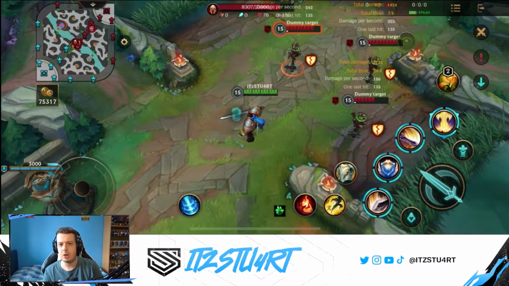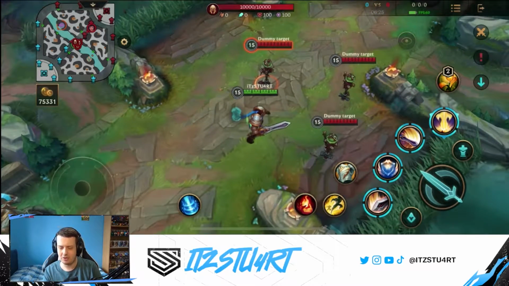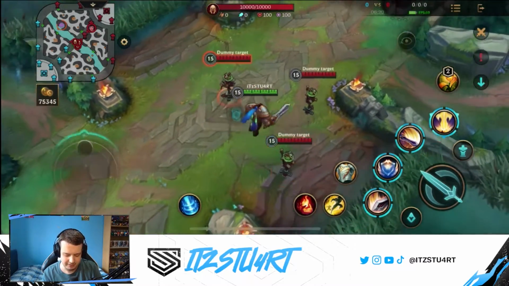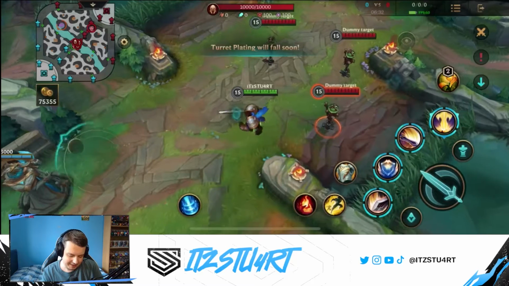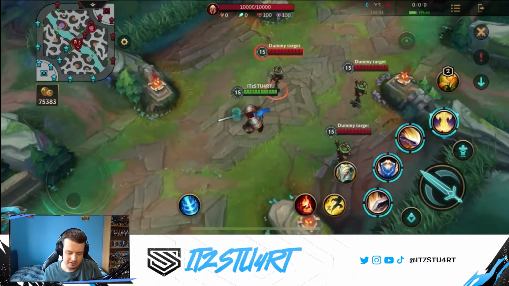So when you're trying to push the minion wave, when you're trying to rotate around the map, make sure you're using your third ability on the outer edge so you can push the minion waves quicker. It allows you to roam a lot easier and much quicker as well. Again, not really much else to say about this ability. Just make sure that you stay on the outer edge,